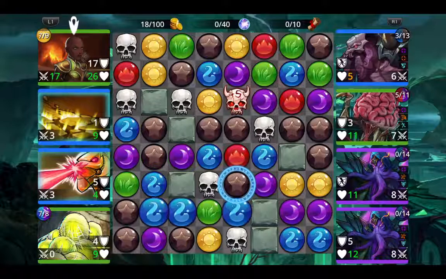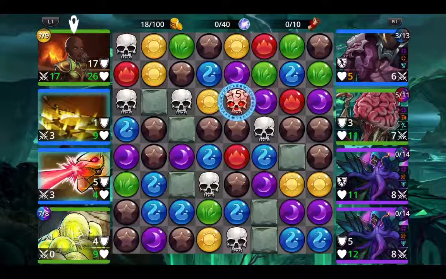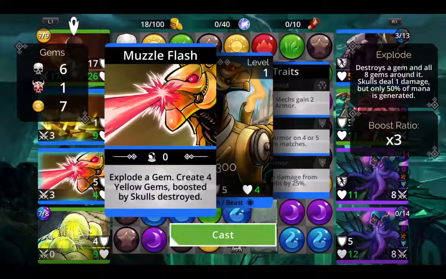I can destroy... I can get a blue here. Actually, you know what I can do? I can destroy this one right here. How many skulls can I grab? Okay, I want to get this +5, so I'm going to want to grab that. So here's what we can do. We're going to grab a couple of skulls. Circle, we're going to explode a gem and destroy...